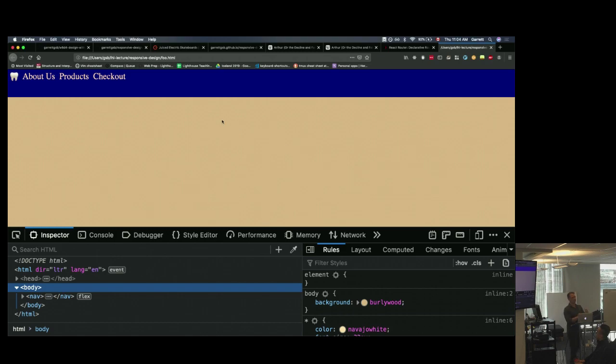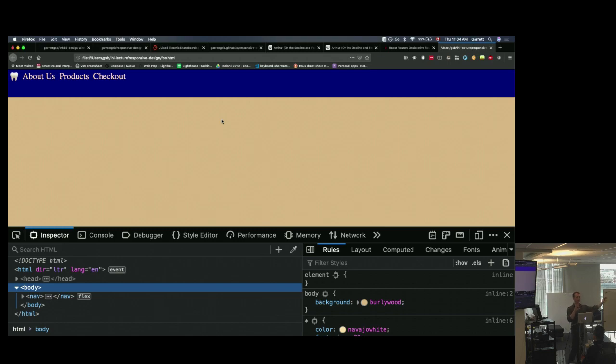Let me back up for a sec. So with Flexbox, we have the concept of the main axis and the cross axis. Is anyone familiar with those terms? Are those terms new to anyone? Okay. So the thing to know about Flexbox in terms of the axes is Flexbox's plan is to line